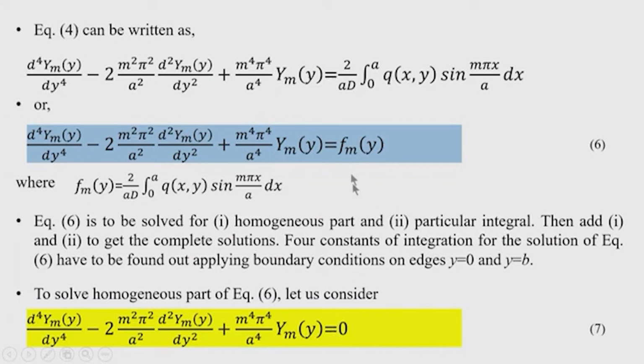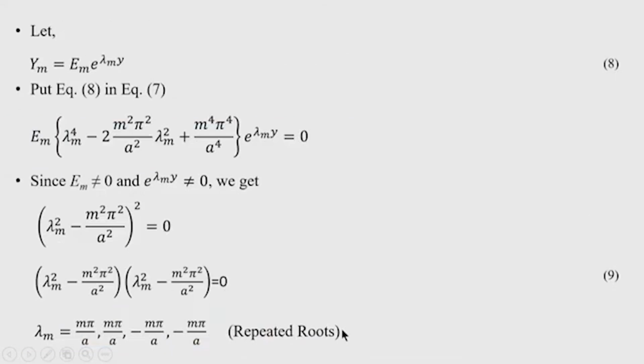Okay. To solve the homogeneous part of the equation, we will consider the right hand side to be 0. Now, using the theory of linear differential equations, we assume that the solution is in the form of Y m equal to E m e to the power lambda m y, where E m is a constant and lambda m is the characteristic parameter. So, substituting Y m equal to E m e to the power lambda m y